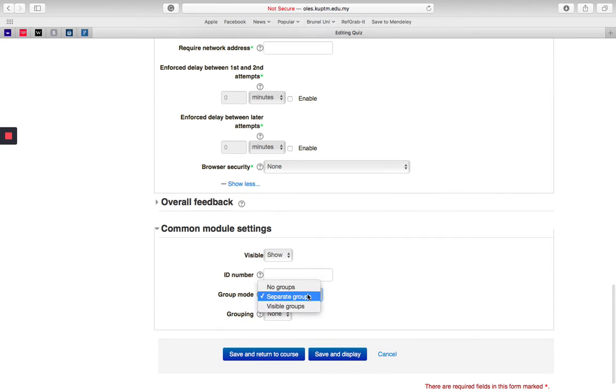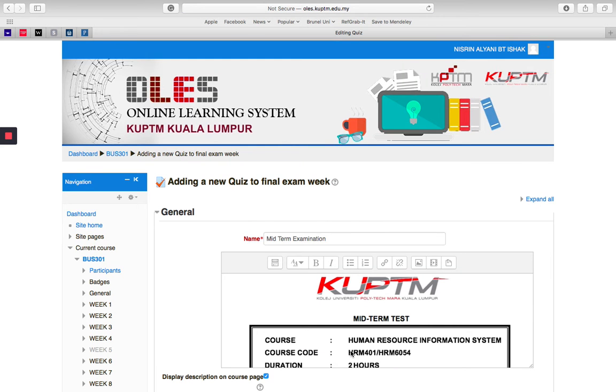Separate groups or visible to all groups. Let's say you have 3 sections, you may want to have separate groups, so only specific groups or sections can answer the questions. So grouping, if say none, usually this one will be set differently. Save and display. So basically, when you display the questions,